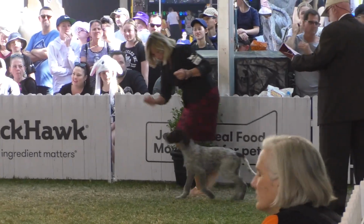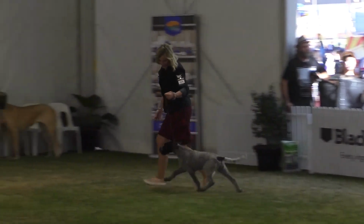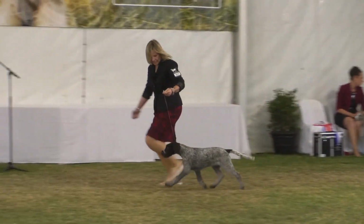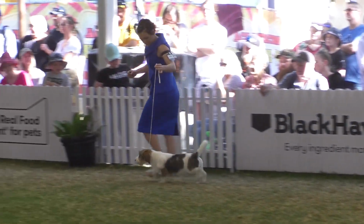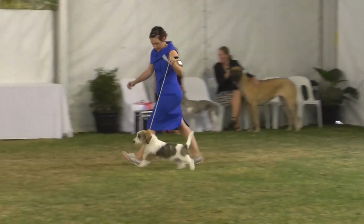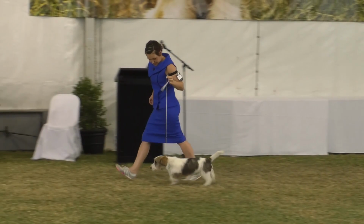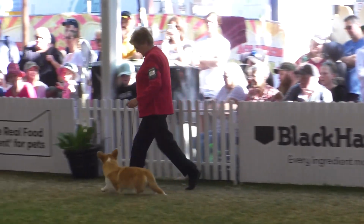Group 3, the GWP. The PBGV baby. Now that's quite a distracting mark on its leg. A hound should never come in a bad colour. But that mark,